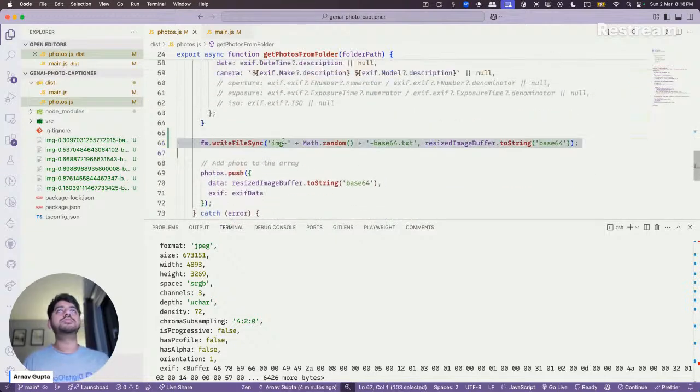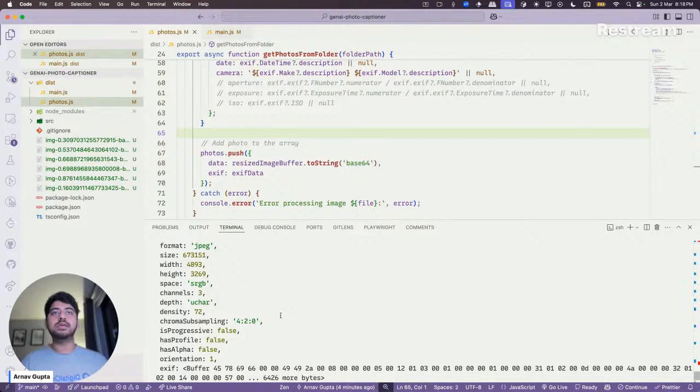I don't need to do this. The images are getting converted correctly.